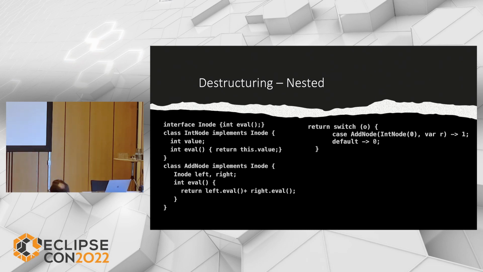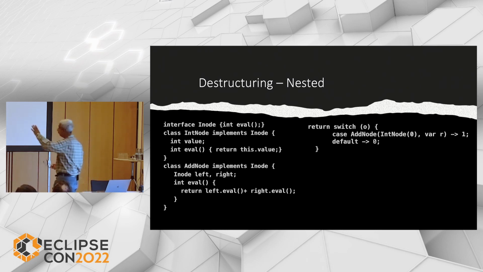If you notice here, there are two inodes, and there is one value out there. And if you see on the right side, we can switch on this composite structure, add node, and internally extract an int node, which is 0. If you feel that it's complicated, just leave it. Just understand that there are cases where you can extract very specific nodes.